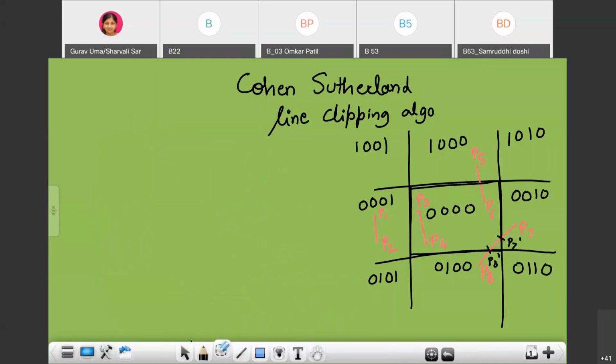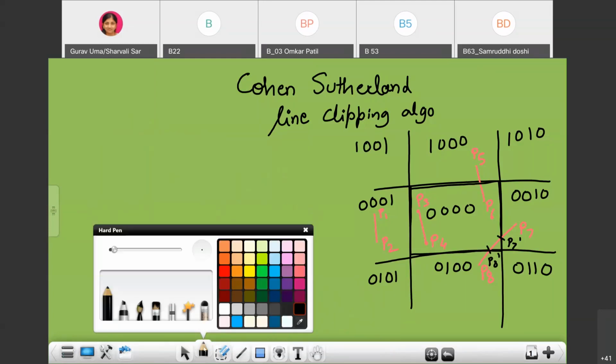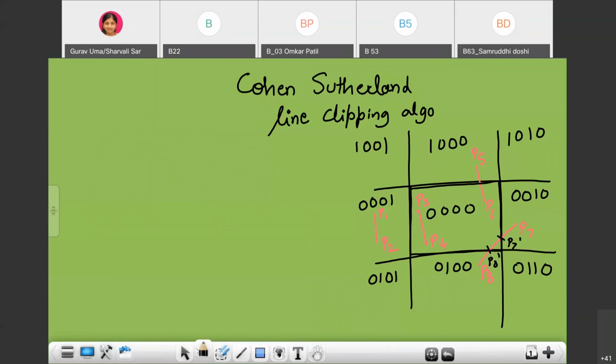Now with the help of the intersection points we will see whether we have to clip the line or not. So let's take the points P7 and P7 dash.